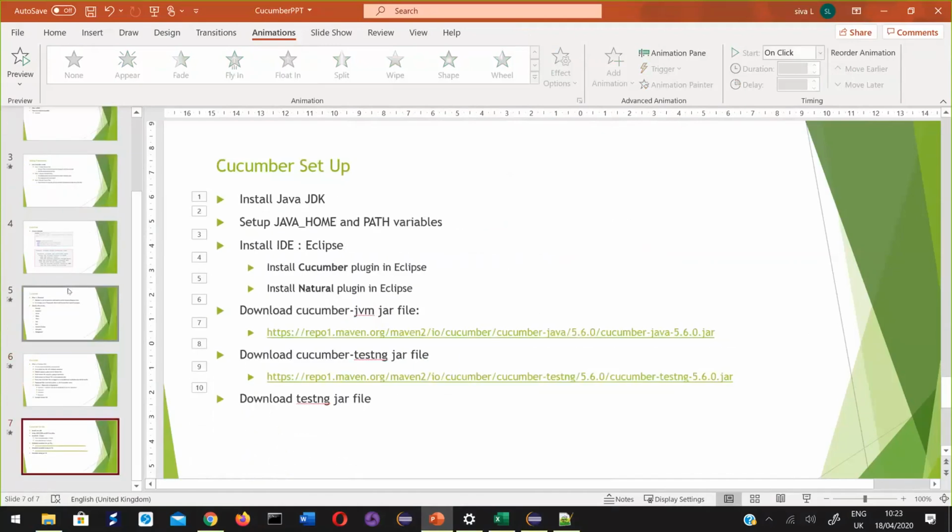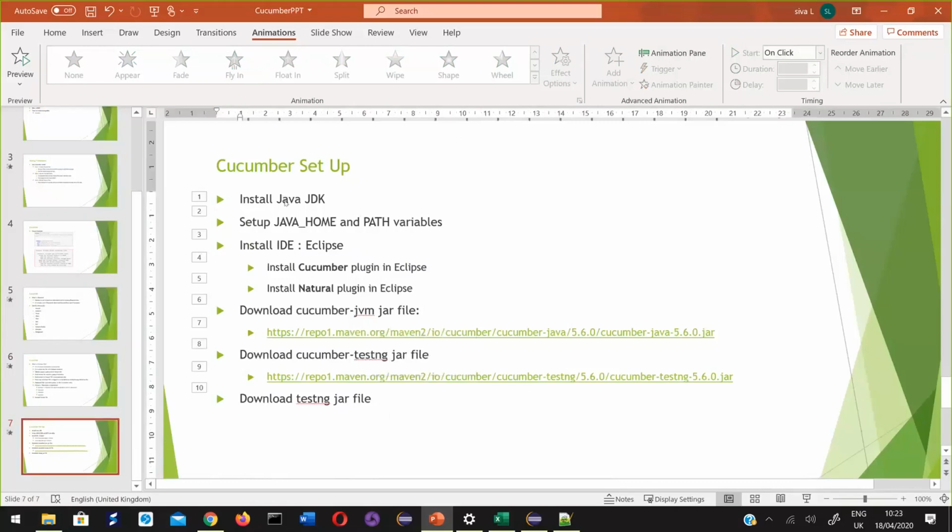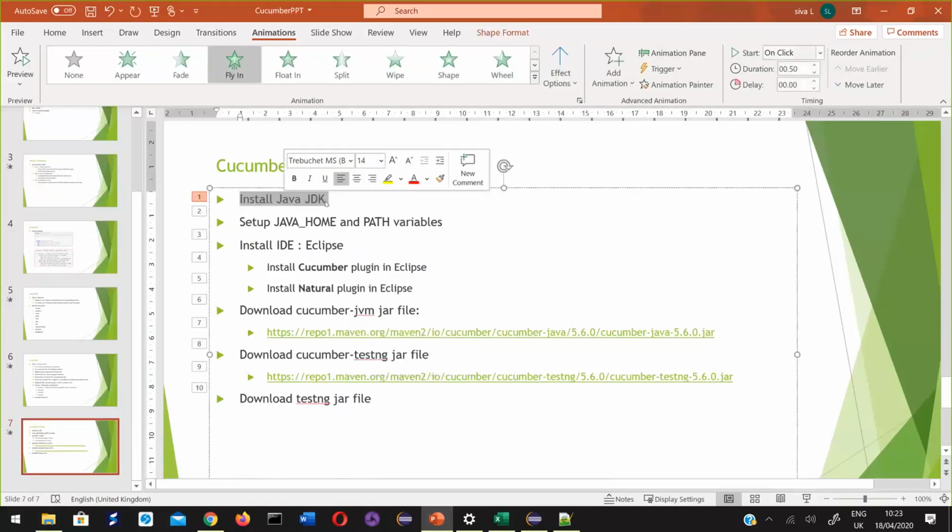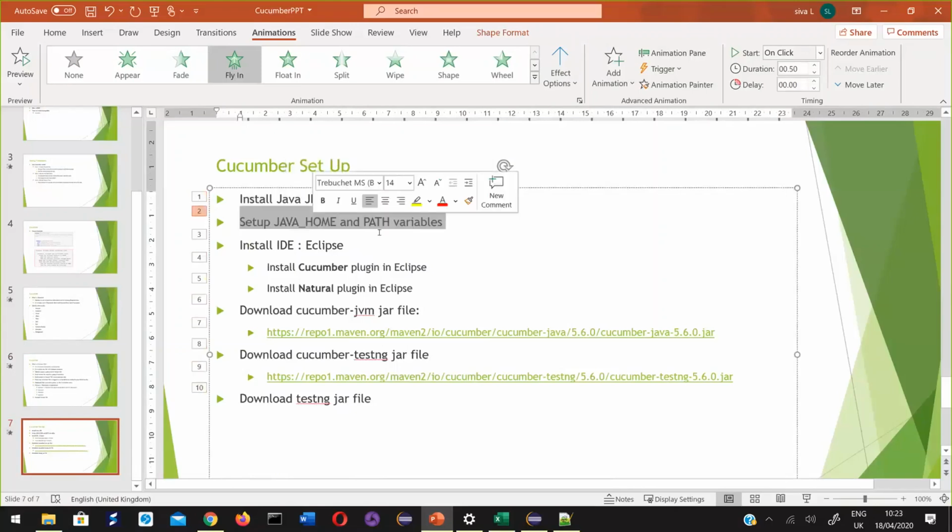Cucumber setup. If you see here, you have to first install Java, JDK, not JRE. Install Java home and path variables. Install IDE. Until this step, we have already done. We need to add these two plugins in your Eclipse.